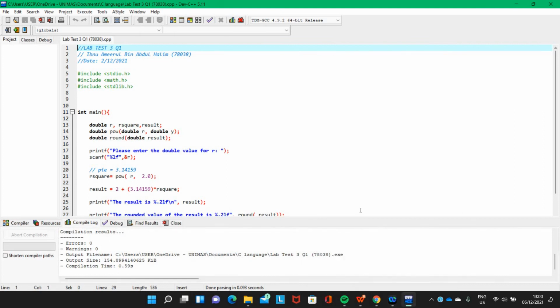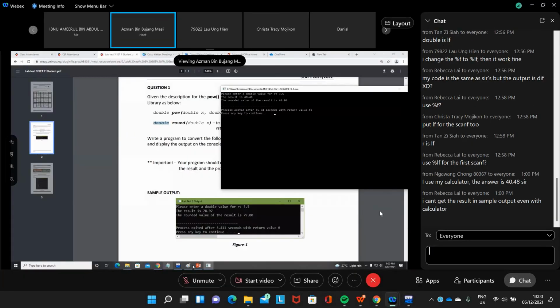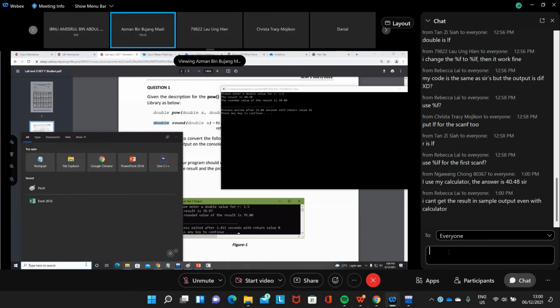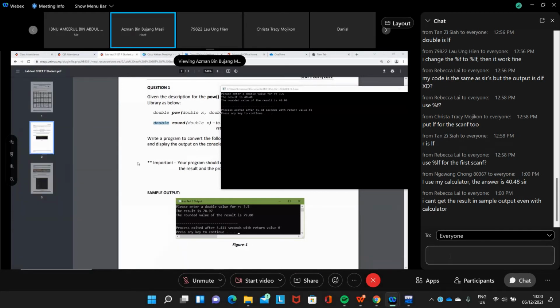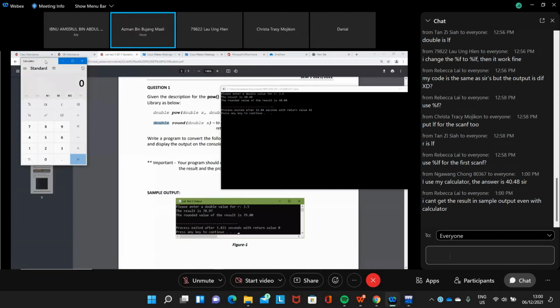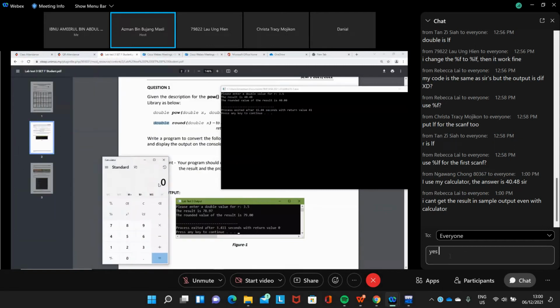If we look at the formula, then we can calculate it. For example, we calculate the value. It could be the sample output is wrong. But you can calculate it, for example, 3.5.